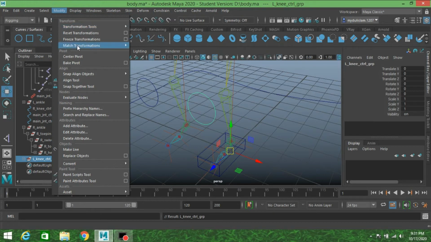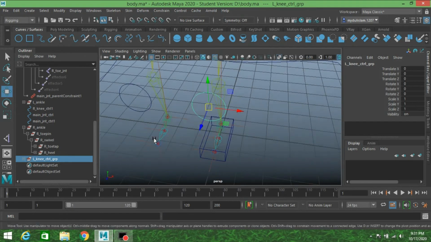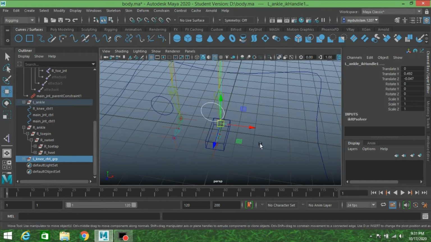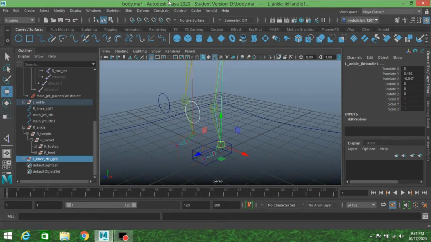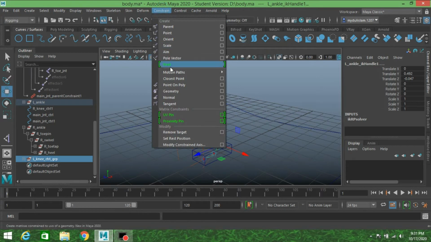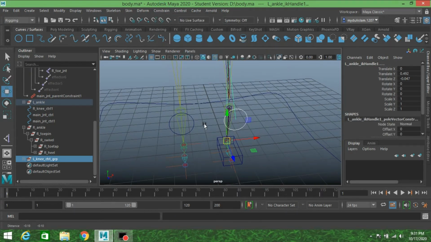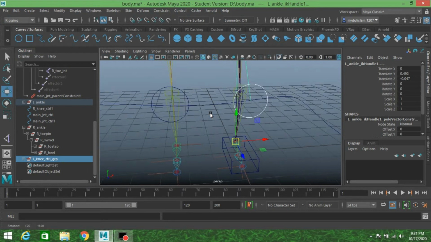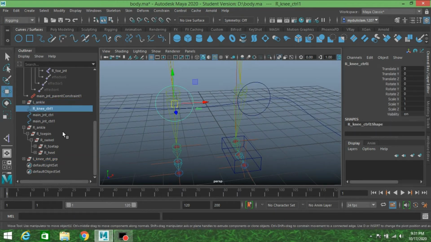Go to Modify, center pivot, select the group, shift select the knee IK handle, go to constraint, click pole vector and do the same for the right.